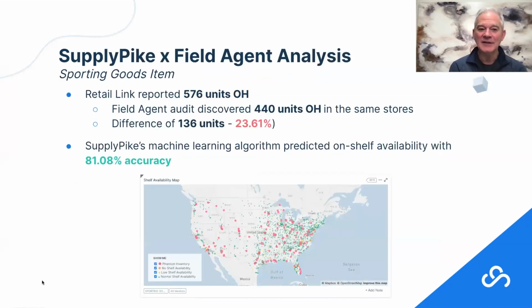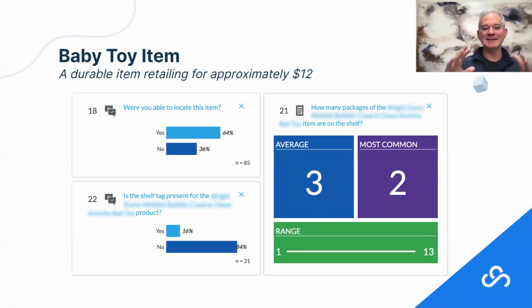So the next slide for us, again, this got back into the expected 576, counted 440. So again, 23% difference and about 81% accuracy there. But let's look at this next item, which I thought was bizarre. And this is the baby toy items. So, all right,